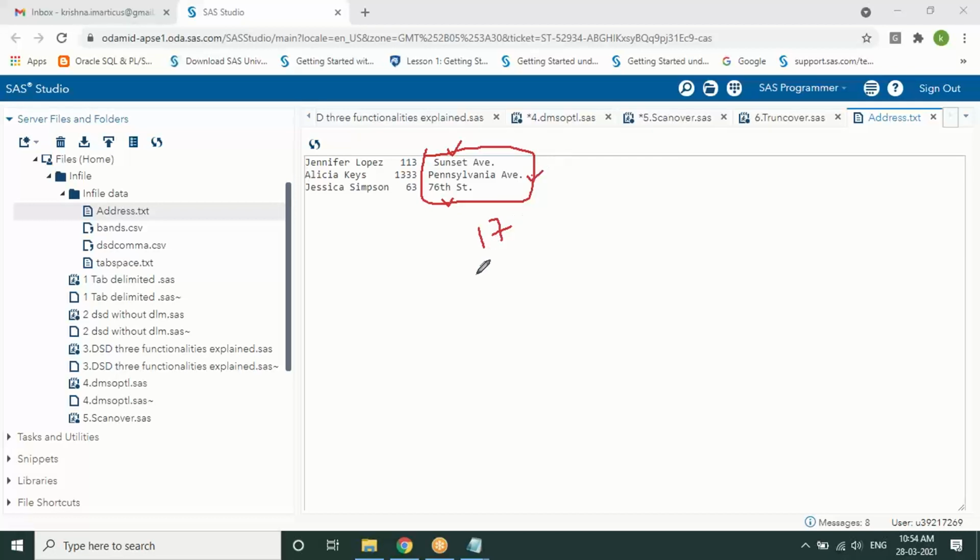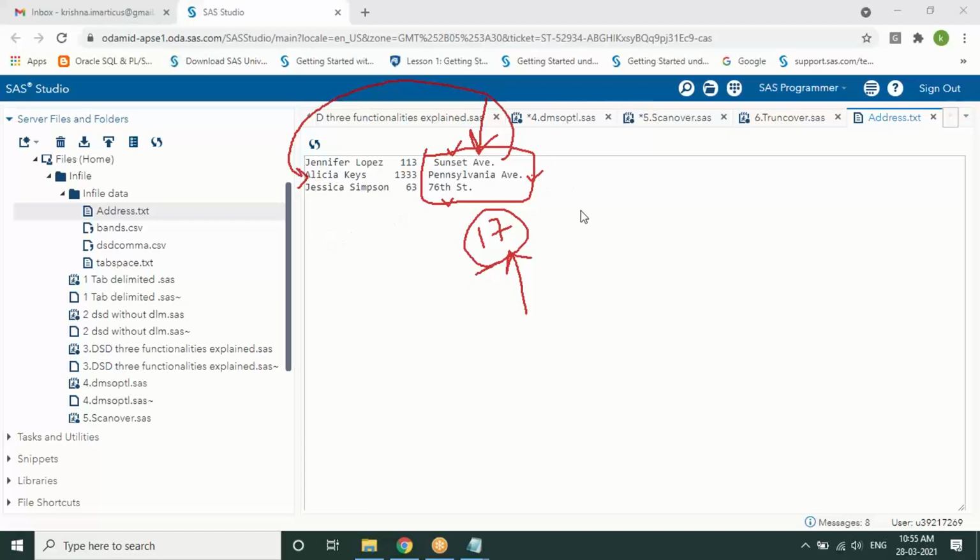But the problem is, as you have specified 17 characters for the last column, it is unable to see all 17 in your data. So it will go to the next row looking for the next values, and the data reading goes wrong.